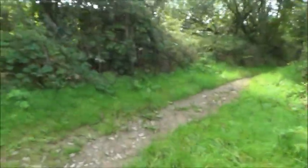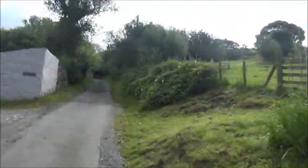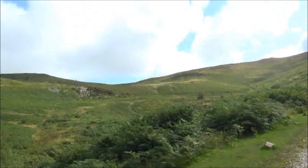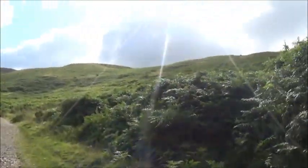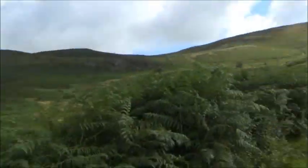And on my right here now you see the path leading away. If you take that path down there, that takes you to Moel Famau. But I'm not going that way today. Going straight on. Coming out at Moel Dywyll. Out in open country in a minute. Out in open country, walker at the top there. All I got to do now is follow this rough track. Comes out at Moel Dywyll,